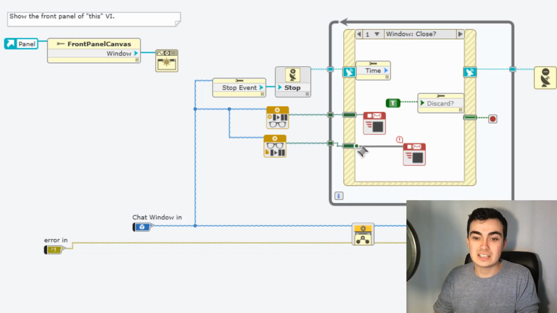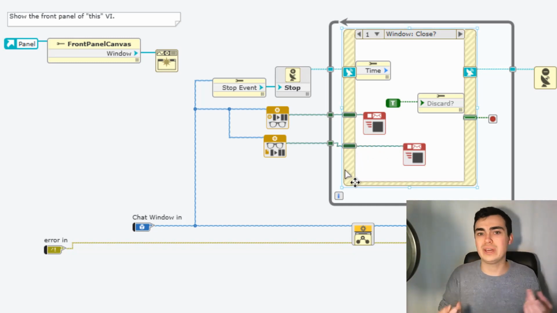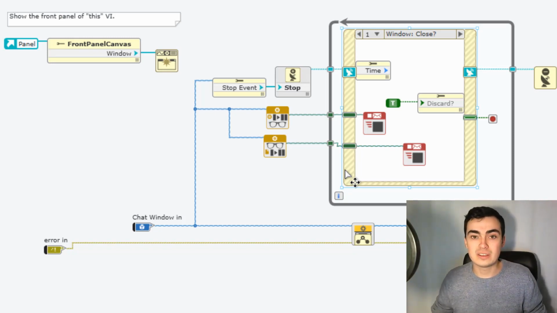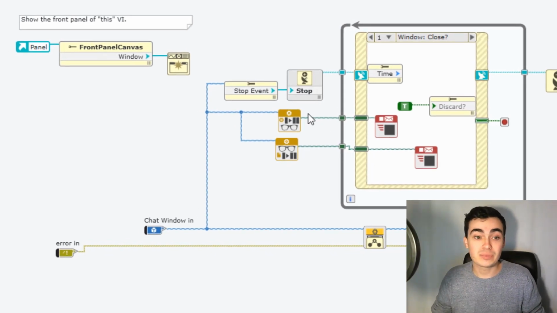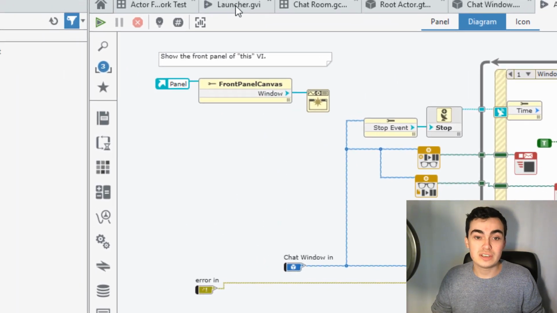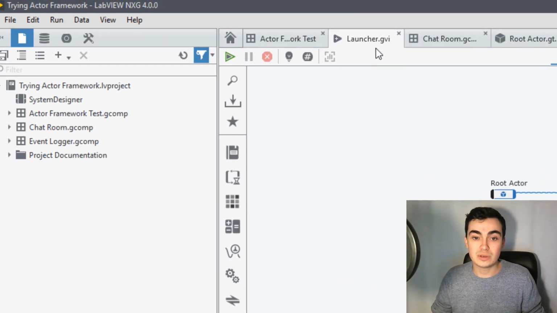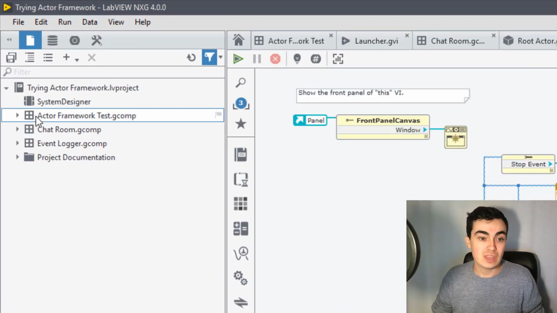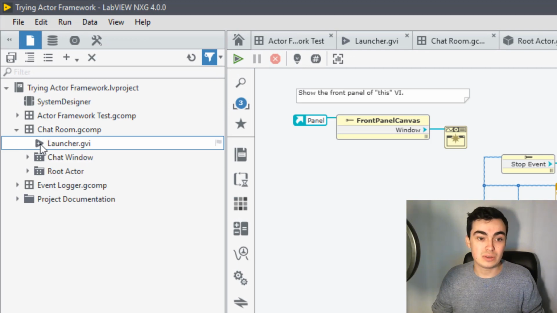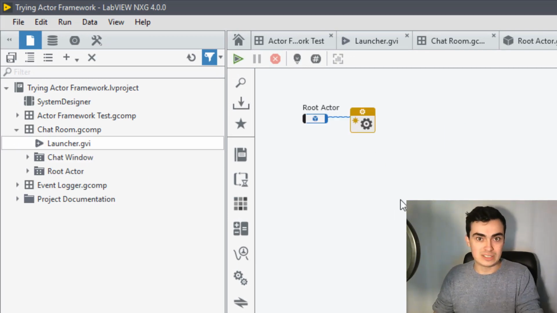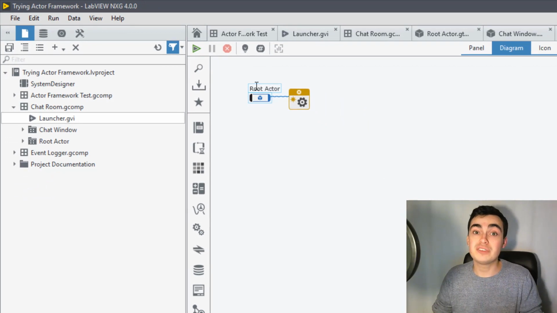Just so we send a stop message to the calling actor and this actor, and just so we can stop down the actor system. And we have a launcher VI as well. It's not that one. We go to chat room launcher. All it is is this. So if we run this VI now,